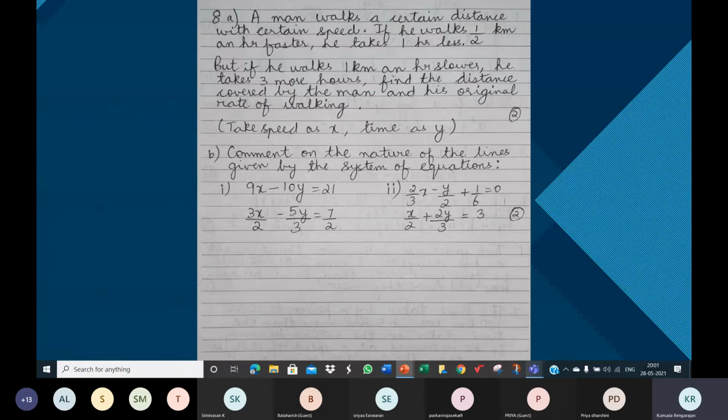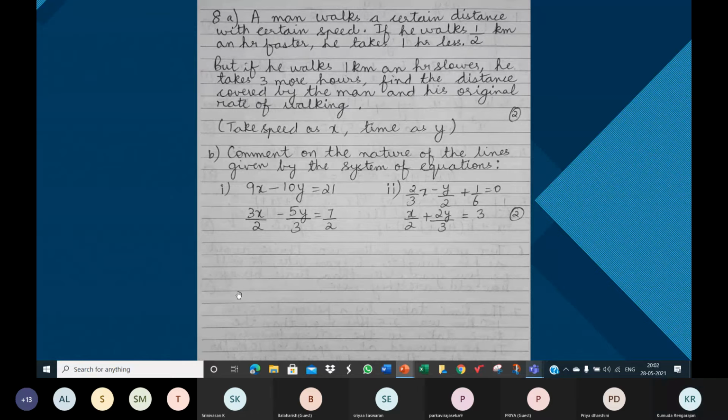What are we finding? We are finding A1 by A2, B1 by B2, C1 by C2. Who are A1, B1, C1, A2, B2, C2? They are all the coefficients. A1, B1, C1 are coefficients in the first equation. A2, B2, C2 are coefficients in the second equation. What is A1 by A2? Ratio of the coefficients. So by comparing the ratios of the coefficients, we conclude.